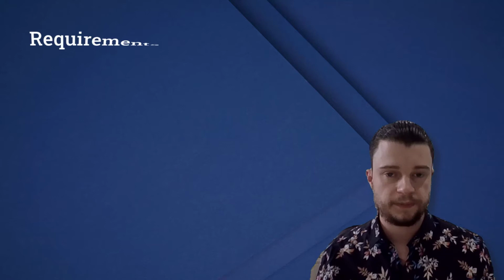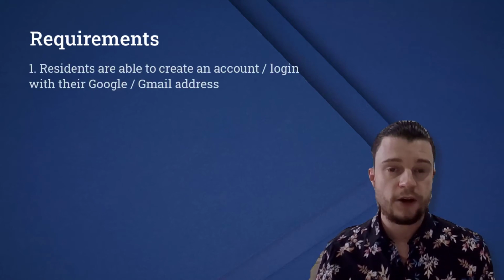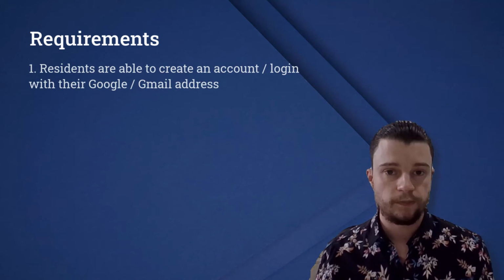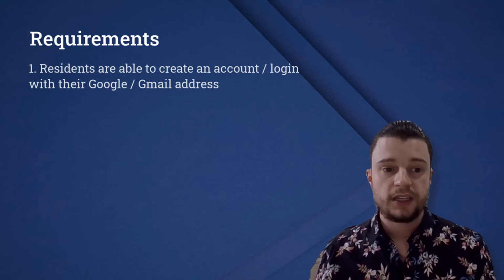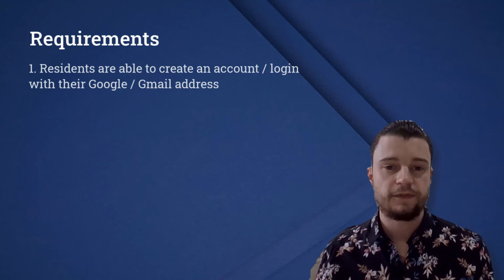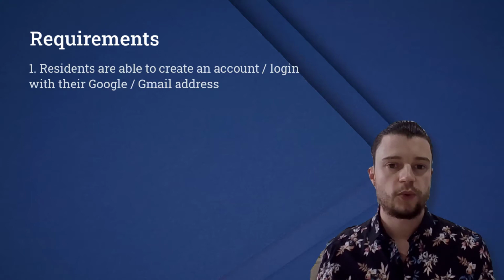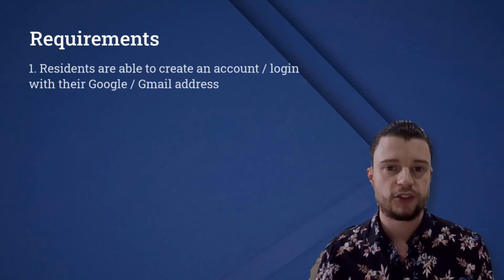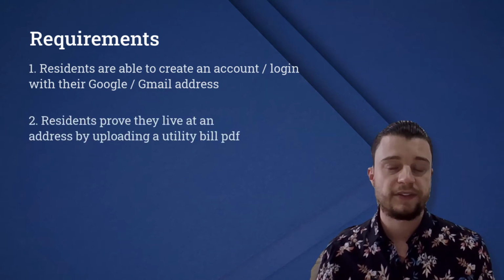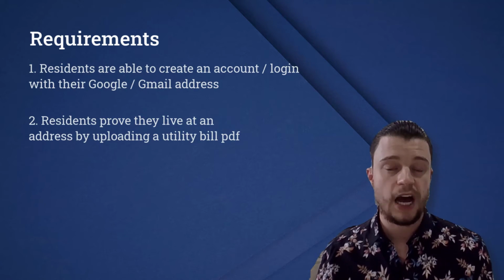With that out of the way, what are the customer requirements? Now, the first one is that residents should be able to create an account using Gmail/Google. That's the first provider that we're going to go with. Next, how do we actually validate the residence? We need to prove that a resident lives at an address. One way of doing that is by them providing one of their recent utility bills. So as a part of the process, the resident is going to upload a PDF to our Windows 11